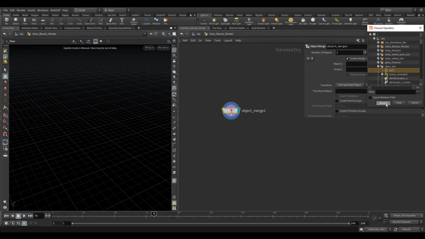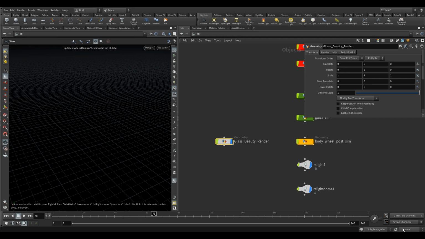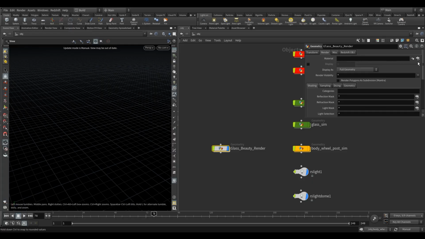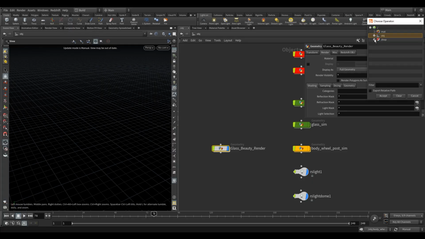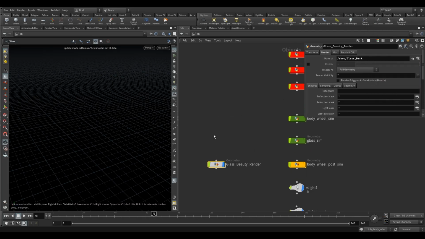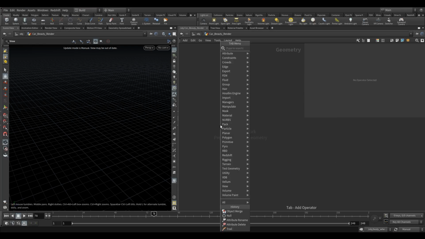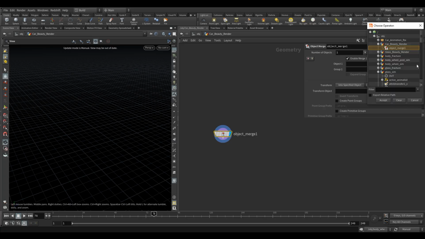sim. There we go. Okay, I've got this set to manual, so we're not going to see it yet. And then just set the material as well. So I think in the shop context where I just pasted those materials, I'm going to use this glass dark. Okay, and let's do another geometry for the car. So call this car beauty render,